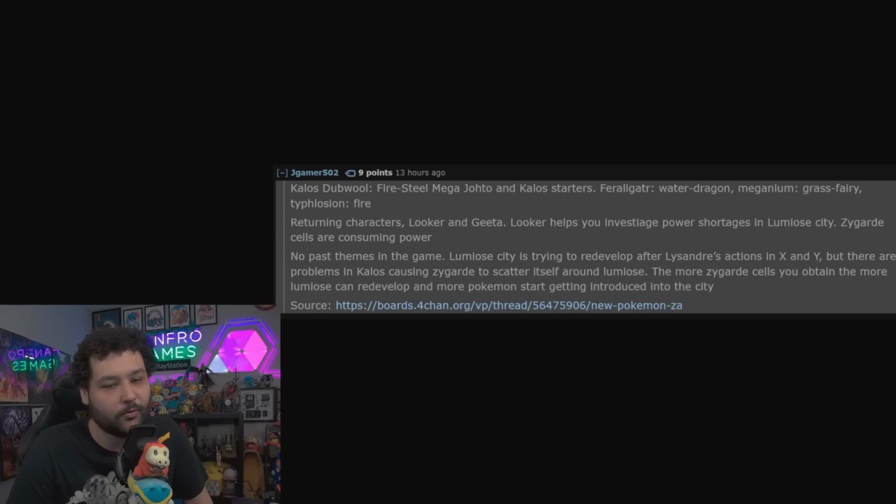That's Heatran typing. Four times weak to ground, but maybe it has a way to deal with it. Maybe it has some better stats and becomes a better Pokemon in general. So, Mega Johto and Kalos starters. I don't know if that confirms a Mega Kalos or if it's just Mega Johto, but we already